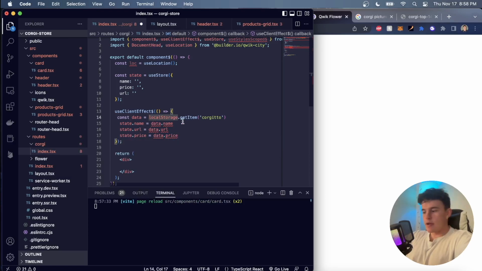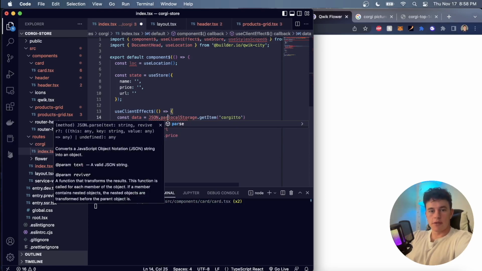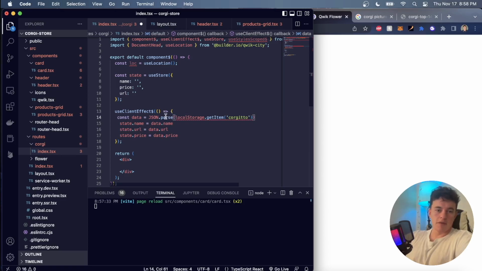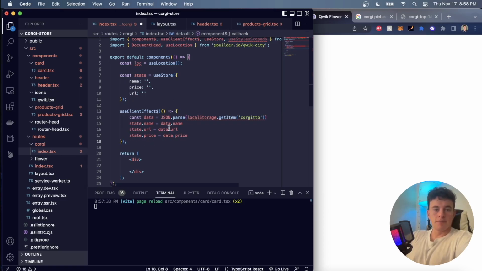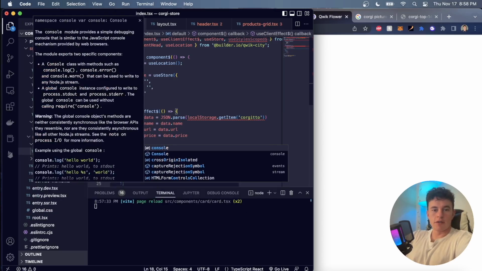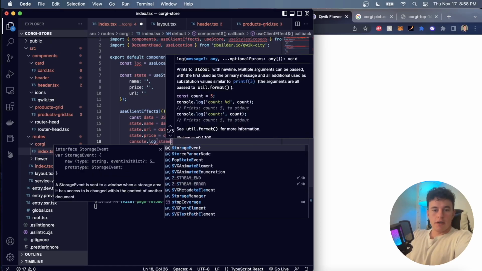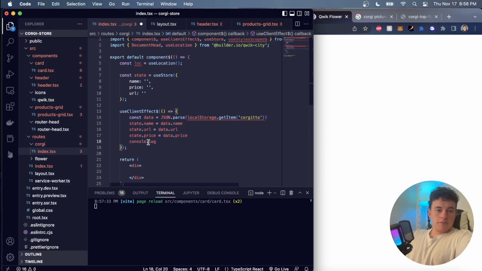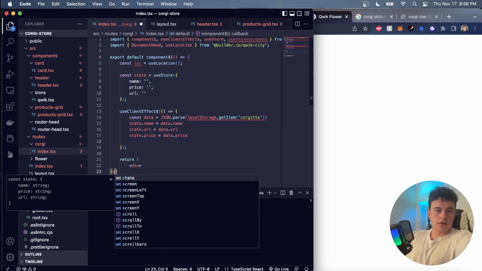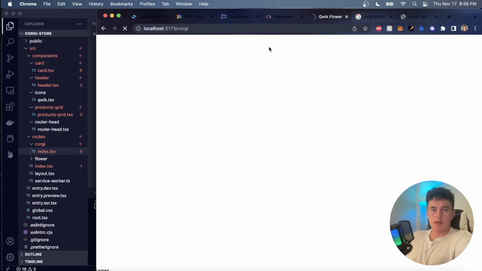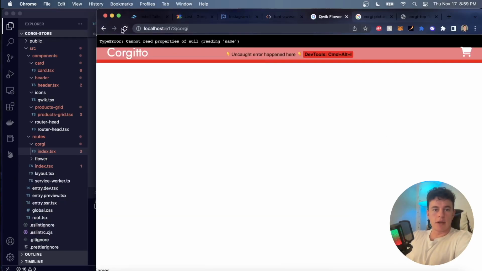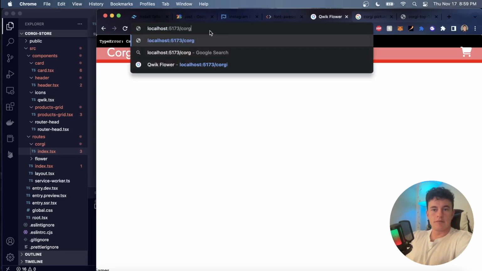And the last thing we have to actually do is just go JSON.parse, because we have to parse the stringified object. And now we should have access to all of this information. So if I console.log, or even better, if I just display that on the screen, state.name, we should see that when I come back onto the home page,